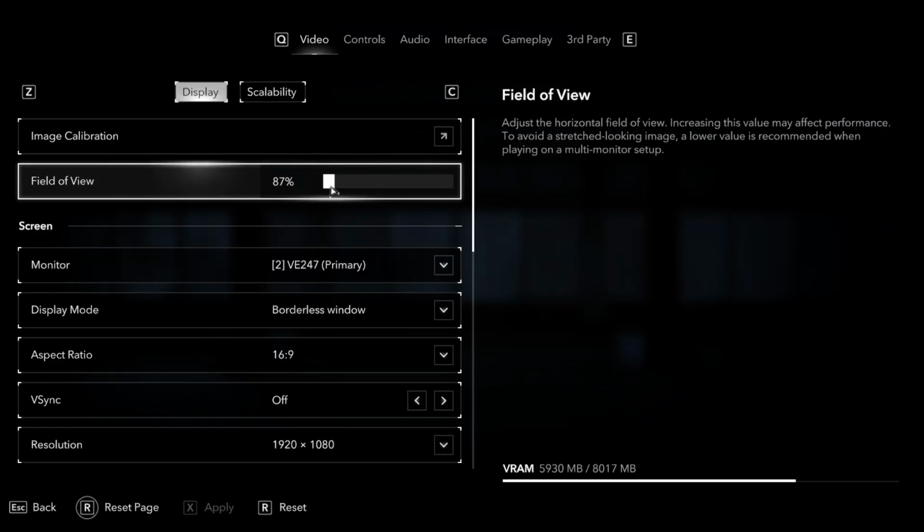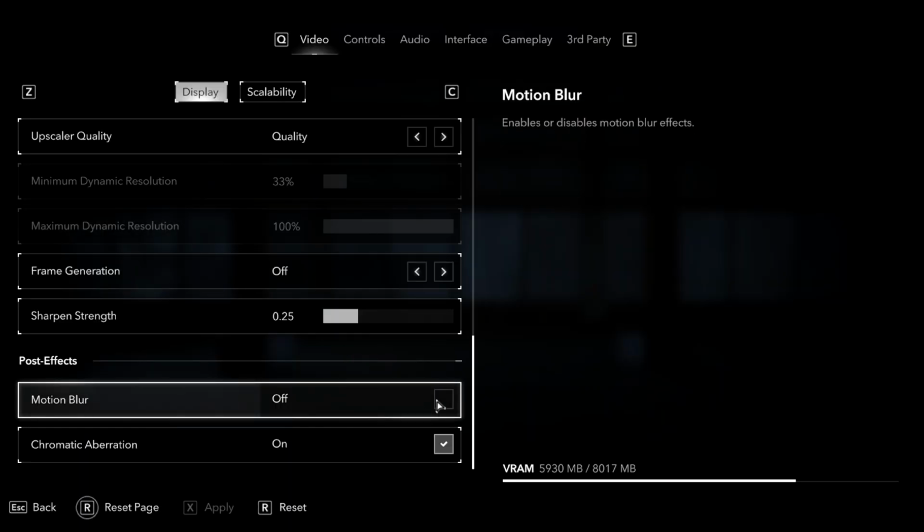So as far as it stands, under the video display menu, you can change your field of view, which is part of the motion reduction toggle that was in the startup menu. And so here you can customize it on its own. The motion reduction toggle defaults it to 90%, and then you can play around with that. It's on a sliding scale, so you can do whatever you want. Motion blur toggles are also in this menu, which are really great for anyone that struggles with motion sickness or